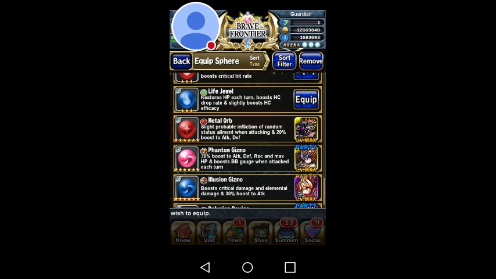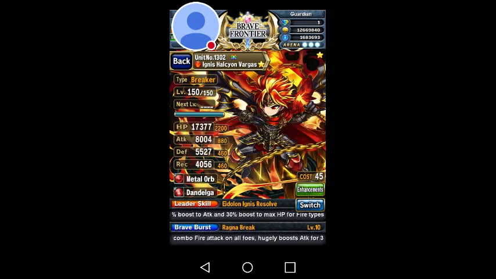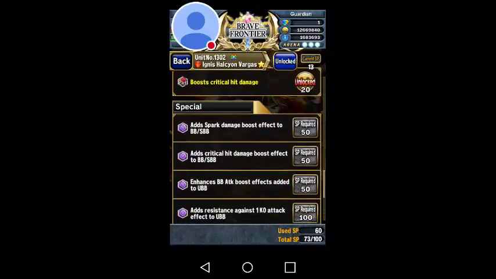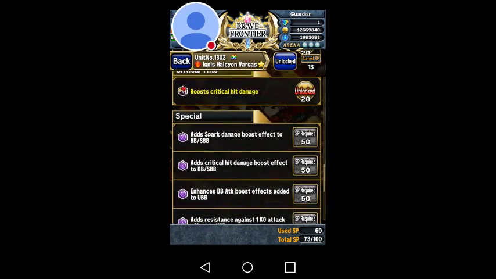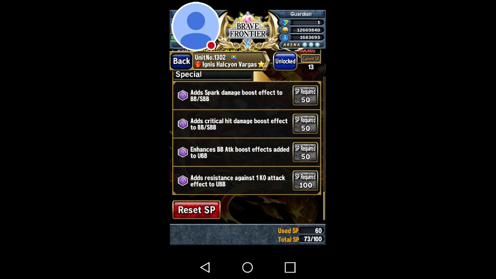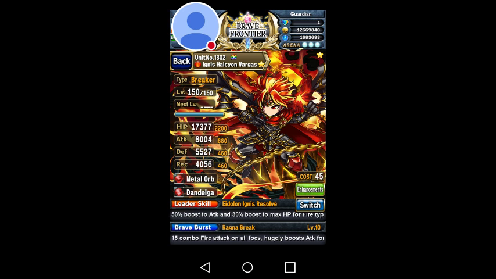I do want to give him Metal Orb. This will help. Alright, here are his enhancements. My friends told me that I should have gotten the add critical hit damage to Brave Burst and Super Brave Burst, but I decided not to because I felt as though it